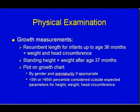Okay, growth measures. Kids up to 36 months at Children's Hospital, we're supposed to use the baby scale. So if they're an infant, you lay them on it. If they're an older child, they sit on it. And so we do a weight and a head circumference, and the length we're going to do laying them down on the bed and measuring them from crown